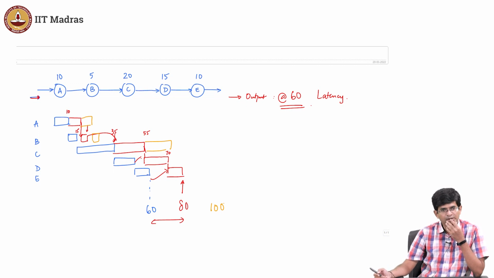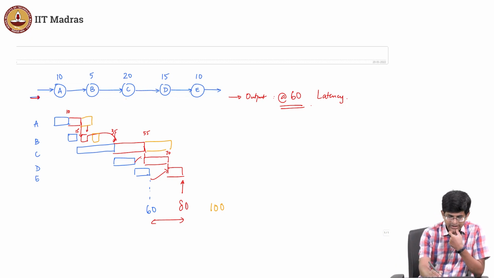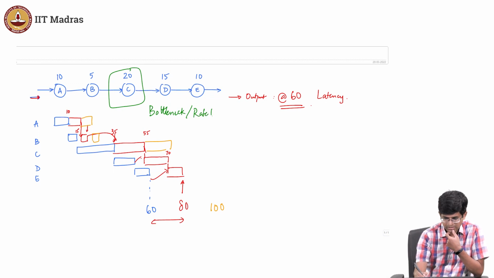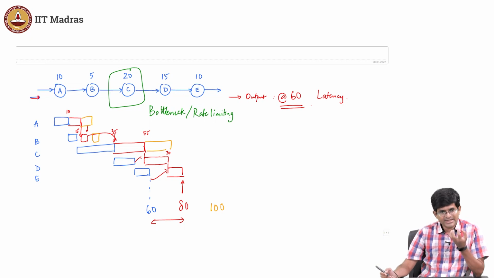Why? You end up having a bottleneck. So in other words, this one becomes the bottleneck, or the rate limiting factor. The fact that C over there is taking a certain amount of time is ultimately going to slow down your entire pipeline. It doesn't matter that you had really fast ways of doing all the other things. At some point you are going to hit this slow stage, and that determines the throughput of your system.